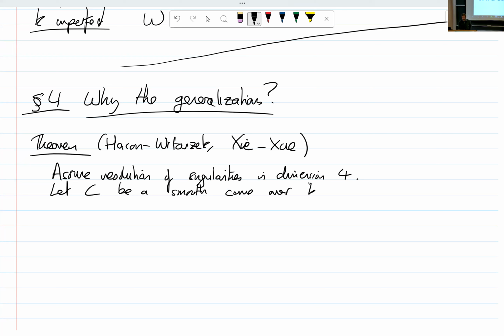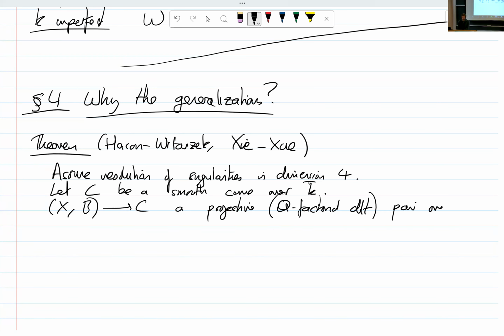over k bar, so a smooth curve over an algebraically closed field, and then take a fourfold over this, so X over C, a projective KLT, DLT, Q-factorial DLT. Just assume I say simple normal crossing. A projective Q-factorial DLT pair over C, such that the support